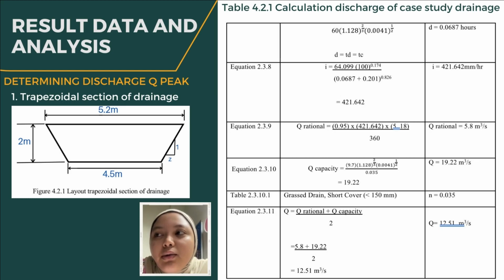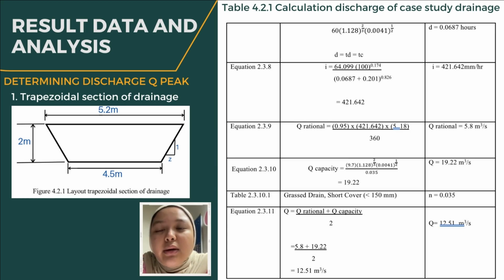For the next one, we want to determine the discharge of Q-peak. The first picture is the trapezoidal section of drainage. This is a picture for the layout of the trapezoidal section of drainage. And the table 4.2.1 is the calculation of discharge of the case study drainage, which is for reference 1, table